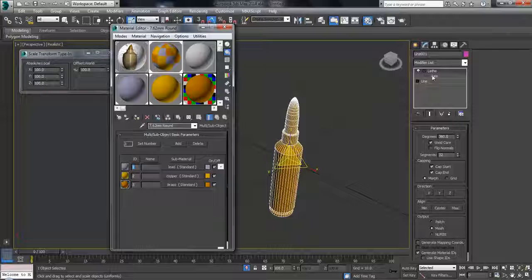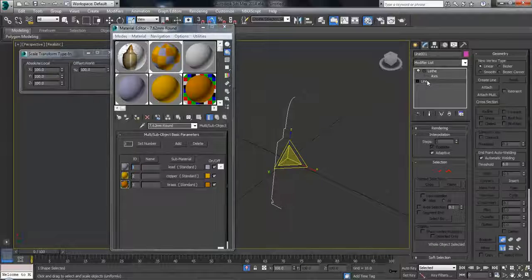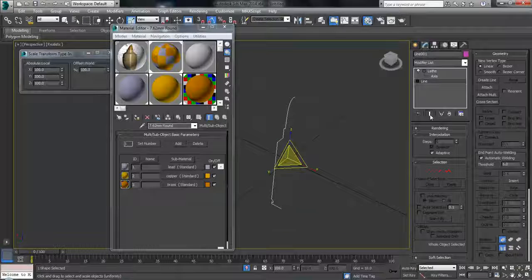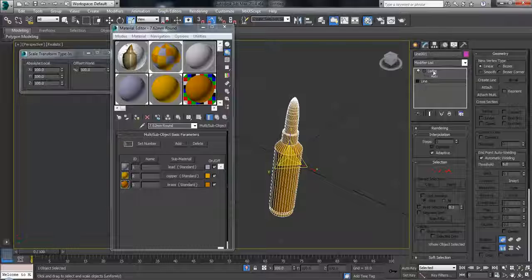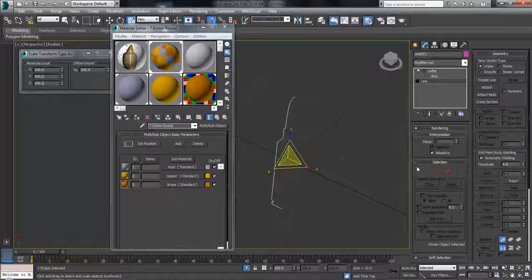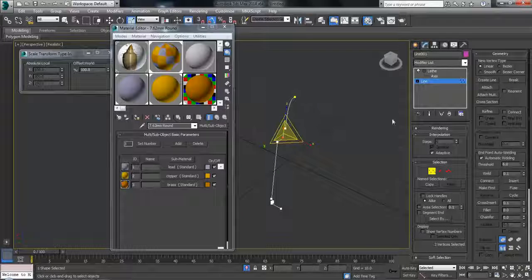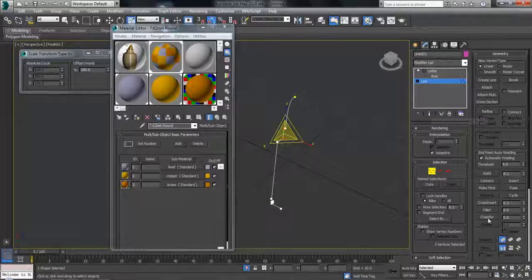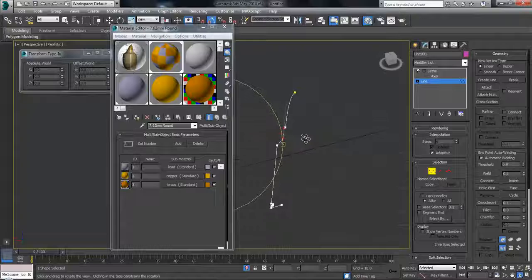Well, what we'll do is we'll go down to our line object. You can see when I select that, your line may change to look like this. It may look like this, solid. This little button here, show end result, will let you see your line with the lathe on it, even when you're working at sub-objects of the line. Okay, so that's quite a handy little button there. I'm going to leave it off for now. Okay, so